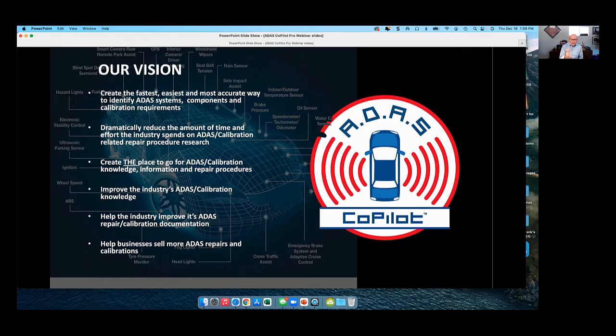And I think you're going to see here this afternoon what we've built. We're trying to create a system that a user can go to for everything ADAS that they need, instead of having to go to seven or eight different websites or platforms. And having been in the industry for 30 plus years, hopefully we're going to help the industry improve its documentation.